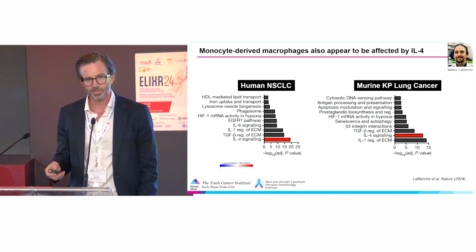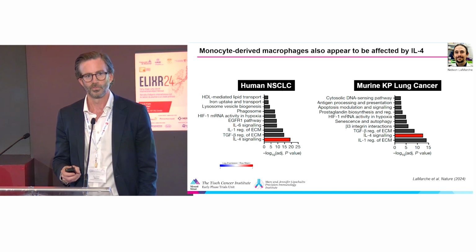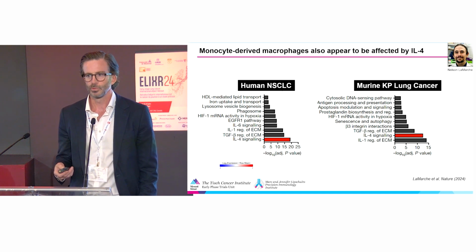We've done extensive single-cell analysis of untreated human non-small cell lung cancer. We also study a few different murine models, including the KRAS P53 deficient model, which is sort of like a smoking-related lung cancer in mice. And one of the things that we noticed, both in dendritic cells and also here in the monocyte-derived macrophages, was that one of the most prominent transcriptomic pathways of activation was this IL-4 signaling pathway. And it seemed like there was this very strong type 2 signature, similar to what you would expect to see